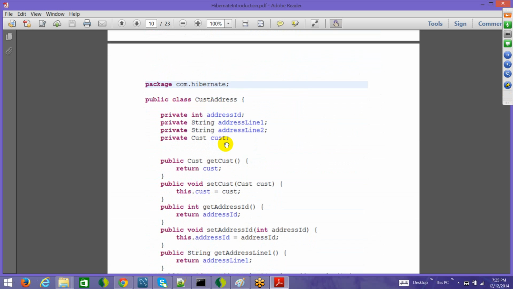Again, if you notice, apart from the ID, which is the address ID, the address line 1, the address line 2, we also have a reference to the customer table. So this reference means that if you are fetching details from the customer, you can also fetch details from the customer address. If you are fetching details from the customer address, you can also fetch results from the customer table. So this kind of bi-relational mapping exists. Now the idea is that if you see the cust table has the reference of customer address, and you execute a query